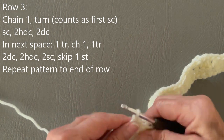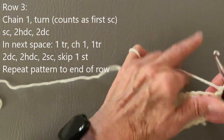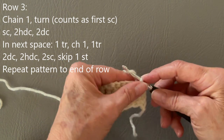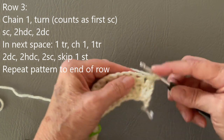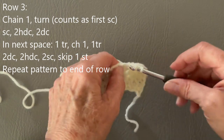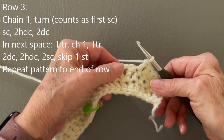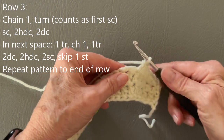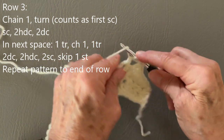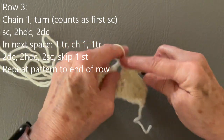Chain 1 and turn. Okay, then this will count as the first single crochet, so we'll put another one in the stitch right next to it. 2 half doubles, 2 doubles, and then in the chain 1 space where we put the triples on the previous row, we're going to do the same thing again. So a triple crochet into that chain 1 space between the 2 triples from the previous row, chain 1, do another triple in the same space,